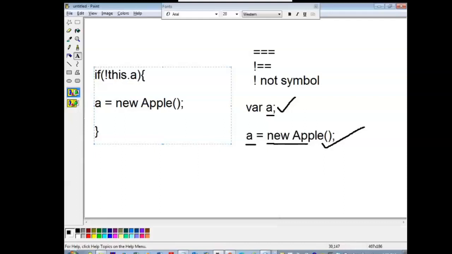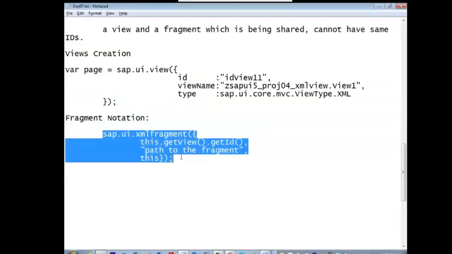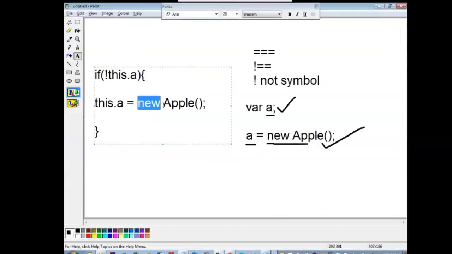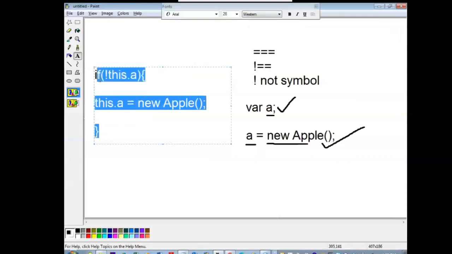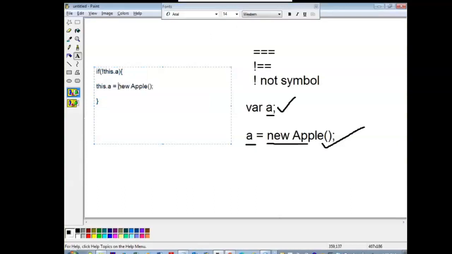If not this dot A, this dot A is equal to... Same thing I wrote in the English format, then the coding format.